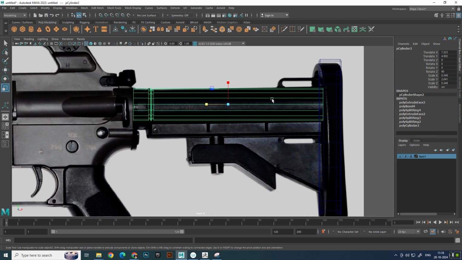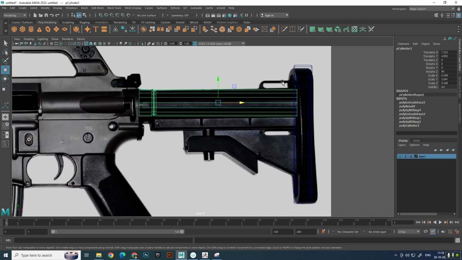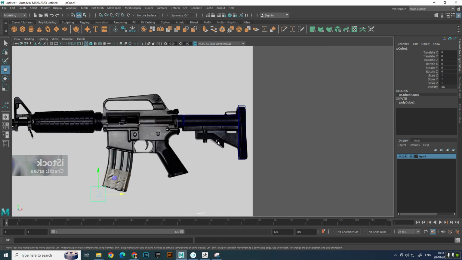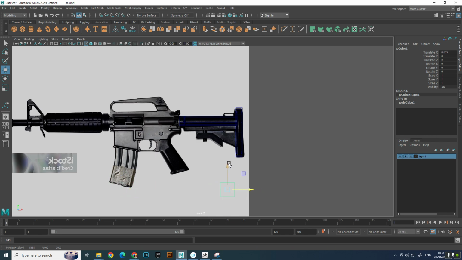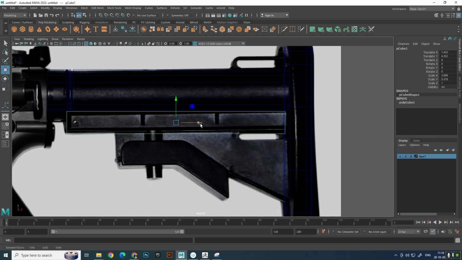Okay, that is fine. Now I'll come down and start working, and later on I'll come to the upper model. So first I'll finish this model. For this model, what I will do is take one box, bring it here and scale it. When you are scaling the box, keep it in the middle and see the size of the model. The size of the model is important for you because